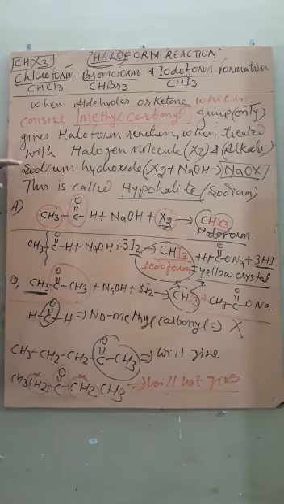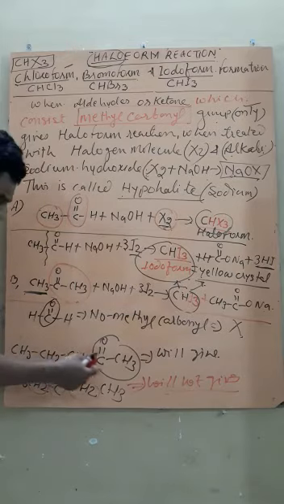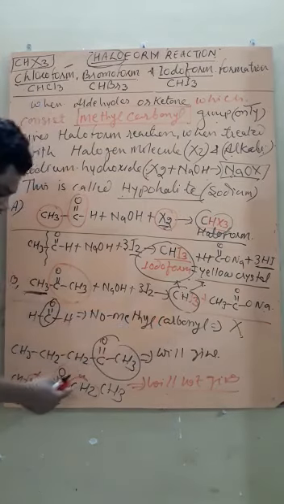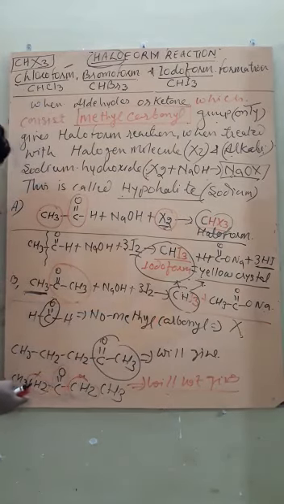So this reaction is again a very versatile reaction which is used to distinguish formaldehyde from acetaldehyde. Formaldehyde does not give it, acetaldehyde does. This is used to distinguish propanone from formaldehyde. Propanone gives it but formaldehyde does not. This is used to distinguish pentane-2-one and pentane-3-one. Pentane-2-one gives the reaction, but pentane-3-one does not. Why? Because there is no methyl carbonyl group.